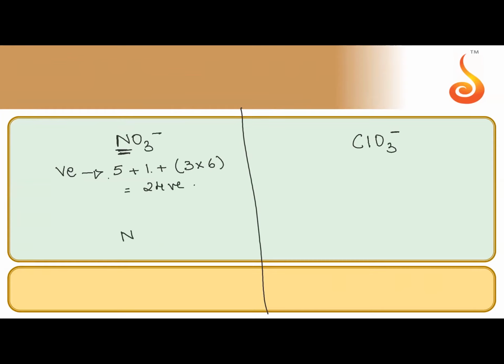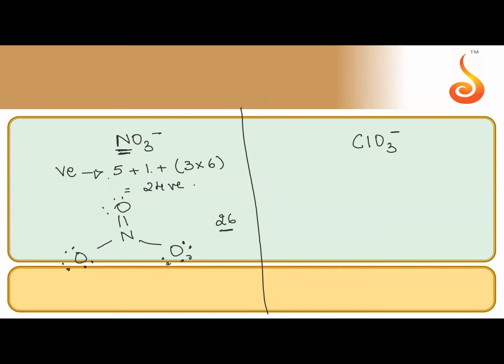So first I'll put 1 electron each like that, on 1 oxygen like this. Count the valence electrons. Nitrogen also, right? Like this I do. When I count the valence electrons, I'm getting 26. Now 26 is 2 more than 24. I don't want it. So only 1 pi bond you introduce. So 1 pi bond I introduce. Now correct your number of electrons once again. You'll get it like this. Agreed?